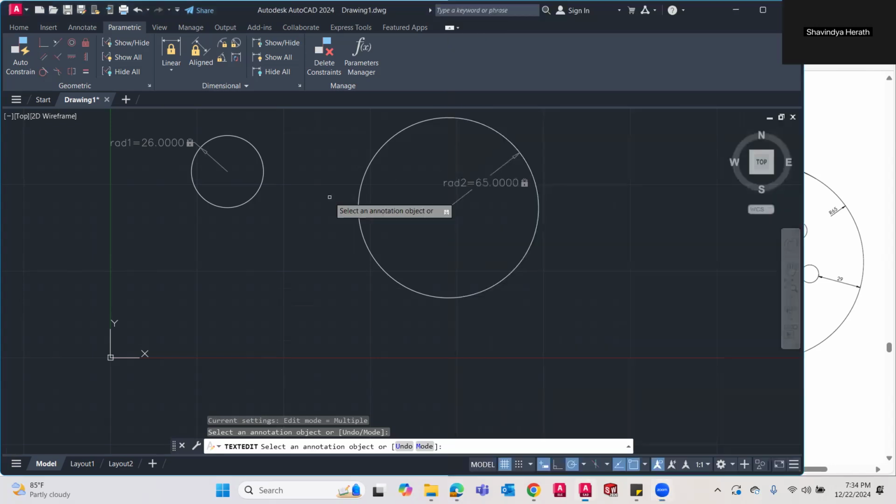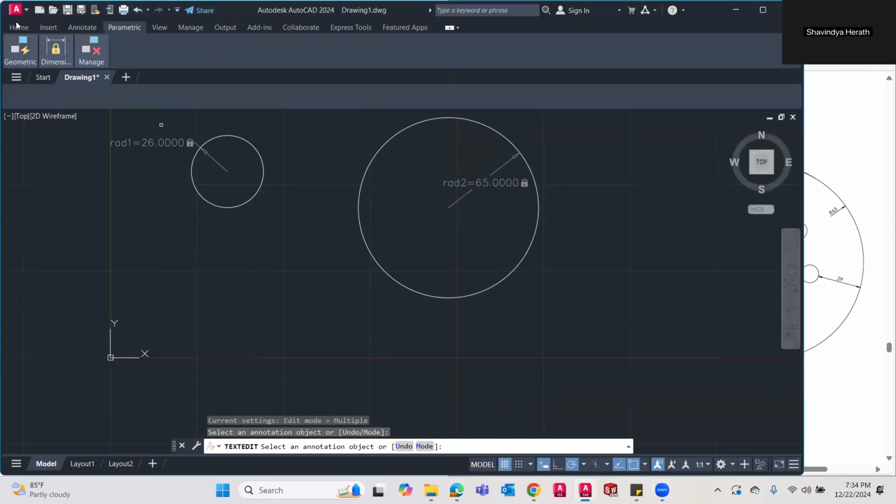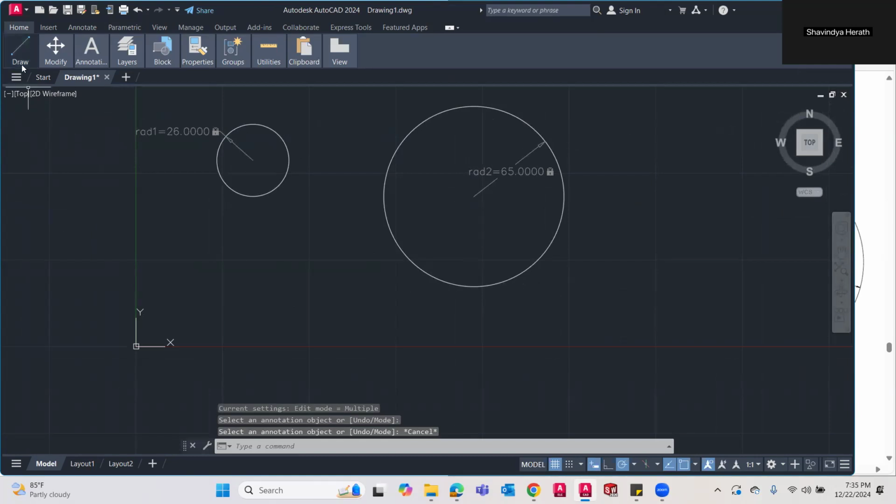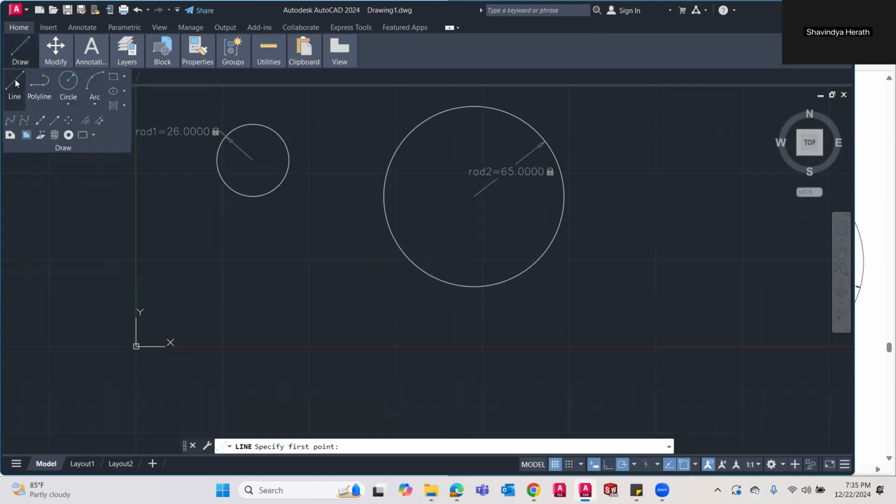And then I will draw this circle. Go to the home tab. In this home tab, under the draw panel, I'm going to draw this line.